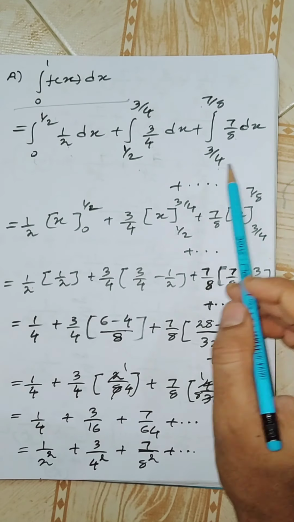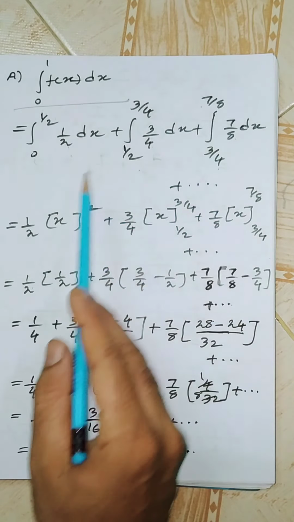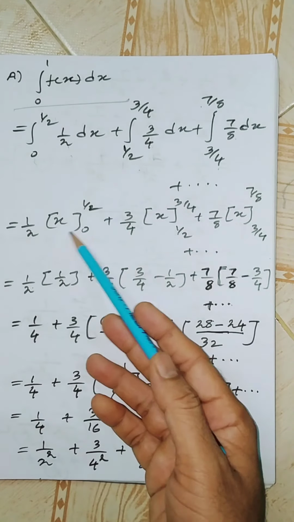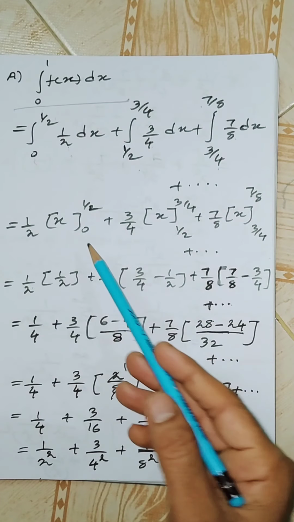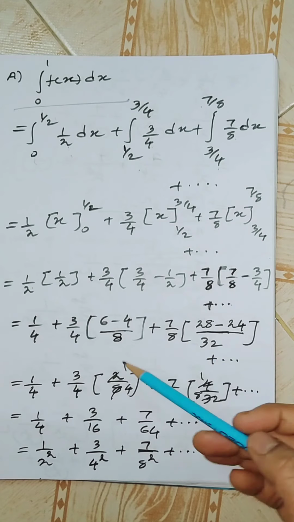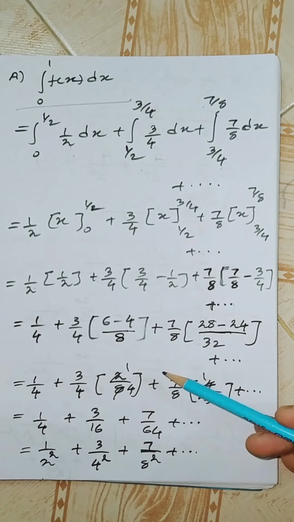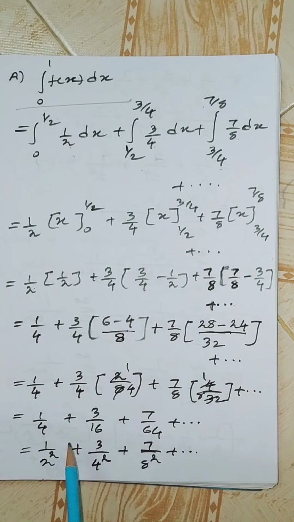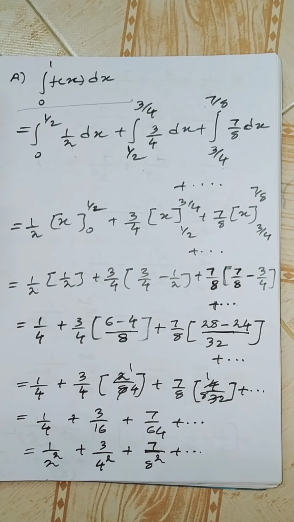and so on. We all know how to do the integration. We know how to integrate this very well. Then now simplify upper limit minus lower limit. These steps are well known steps, please note this. So finally we are getting 1 by 2 square plus 3 by 4 square plus 7 by 8 square and so on. Okay, this is a very easy integration. There is no need for me to explain all the steps, they are well known to everyone. Please note this. So next